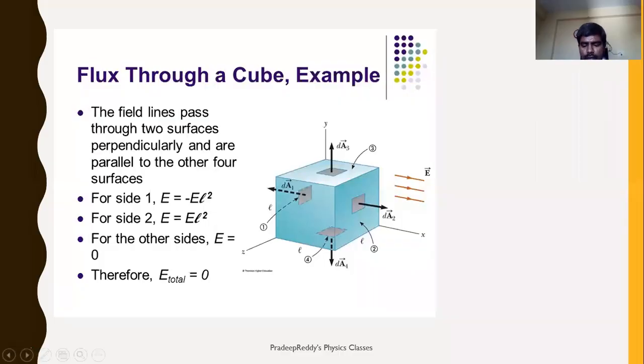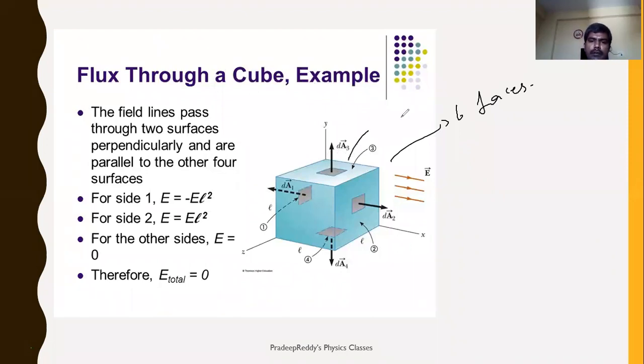See, one more example we will see, and this is 3-dimensional. You should find the electric flux through this particular cube. The cube is 3-dimensional, so you will take a very small element in all these faces. So totally how many faces does it have? 6 faces. First you will calculate the electric flux through one face.